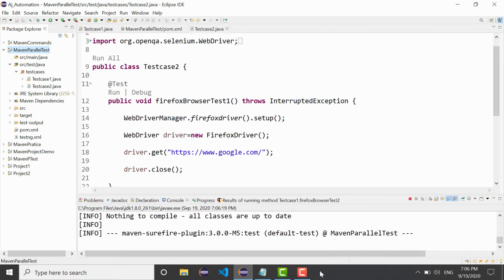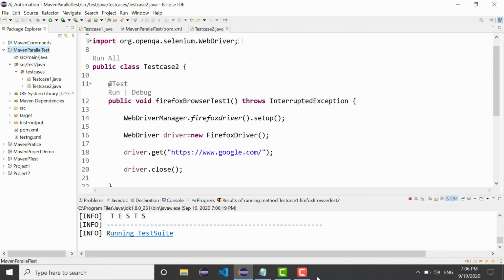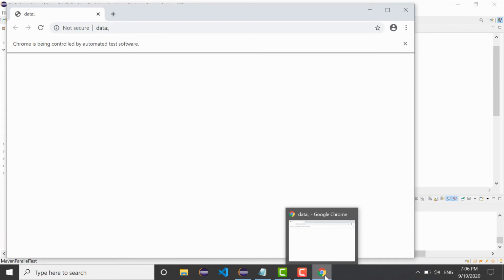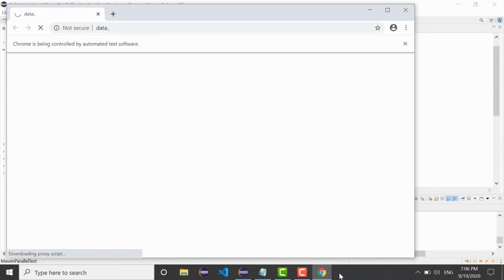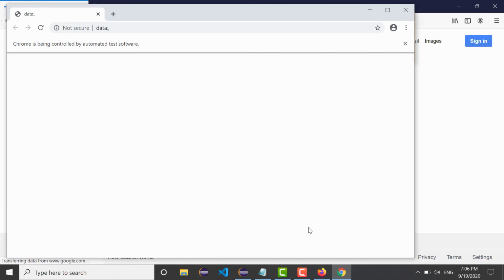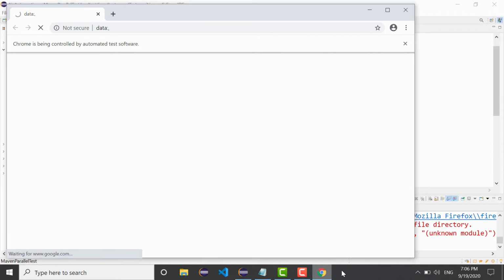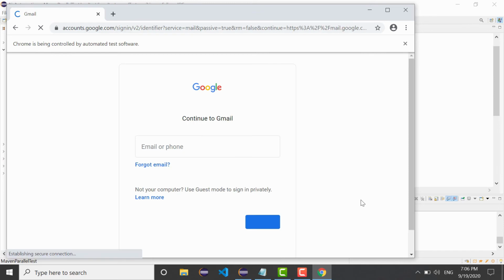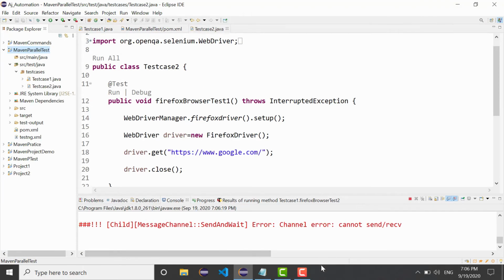Here you may see this is the Chrome, and this is the Firefox. Firefox is a little bit slow, but you will see that it got executed simultaneously. And this is the second Chrome, the second @test method from test case 1. Okay, now it is executing.